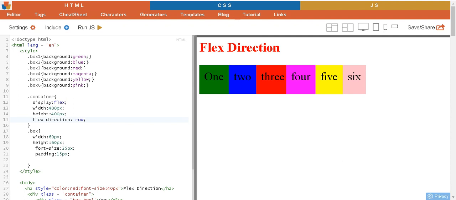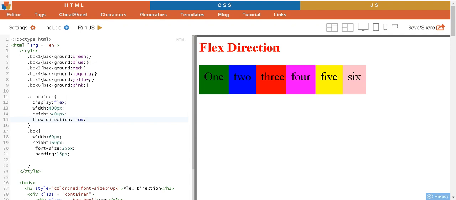Direction. You can arrange the items on the web page in any direction: left to right, right to left, top to bottom, bottom to top. Order. Using Flexbox, you can rearrange the order of the content of a web page. Using Flexbox, you can align the contents of the web page with respect to their container. Resize. Using Flexbox, you can increase or decrease the size of the item in the page to fit the available space. Then you need to create or define a Flex container using the display property.